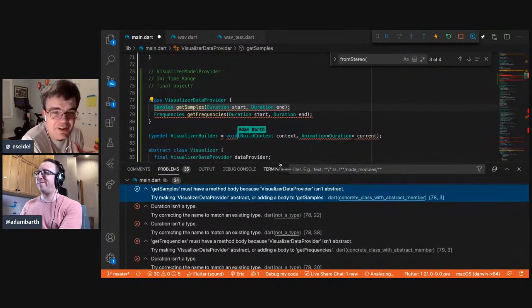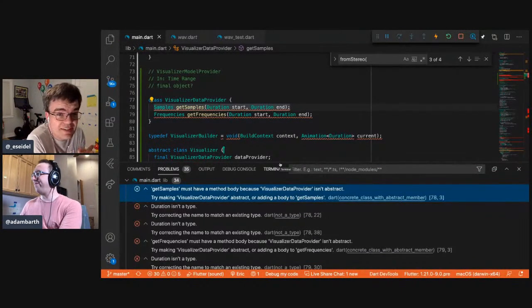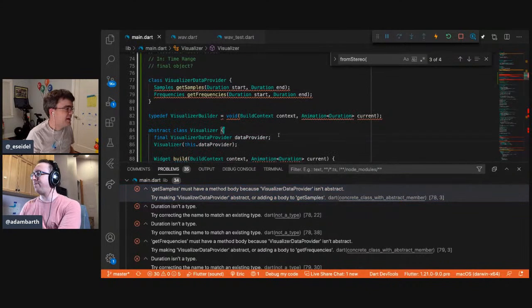So some of our distress here is that Adam and I wrote C++ for a very long time, and type defs were less fancy than they even are now in Dart when we started in Dart 1 point whatever it was. They've gotten fancier, and I think there are plans to make them fancier still. At least there are bugs on the topic. I am not convinced that our type def is correctly type defed.